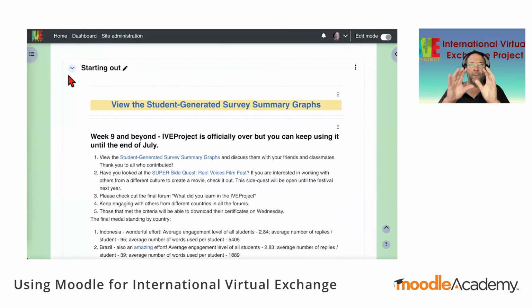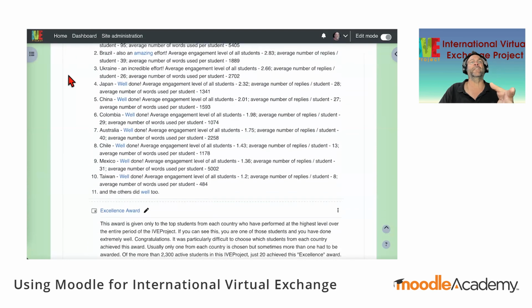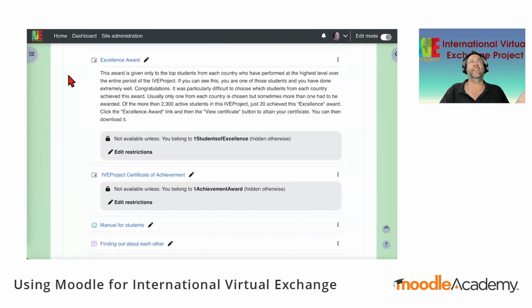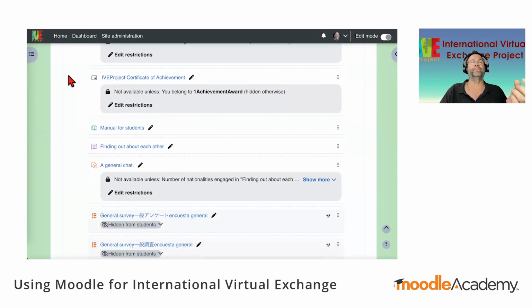So the absolute most important part of the International Virtual Exchange project is the asynchronous interaction via the forum module. Now, it started in 2004, the very first virtual exchange project. From 2015, the Japanese government via the Kaken grants said that, you're doing really well, we want to make you expand. So I received a grant from the Kaken section of the education department there.